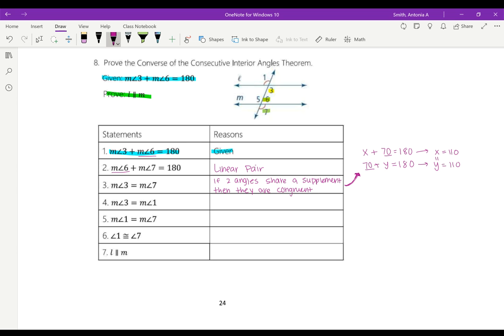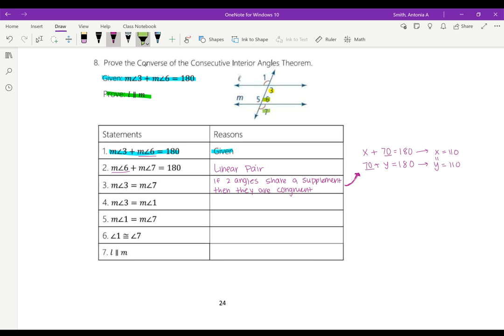So that one's kind of a big jump. Hopefully we understand why that works. Now let's go to number 4. Now it says the angle 3 equals angle 1. Well, how are we able to switch angle 7 to angle 1? So if I look at my picture here,